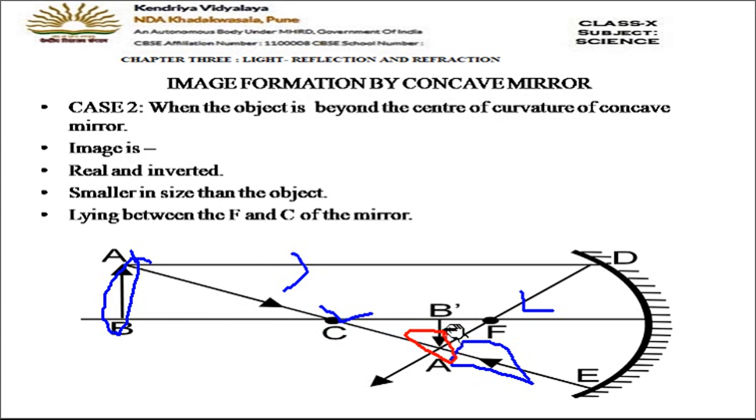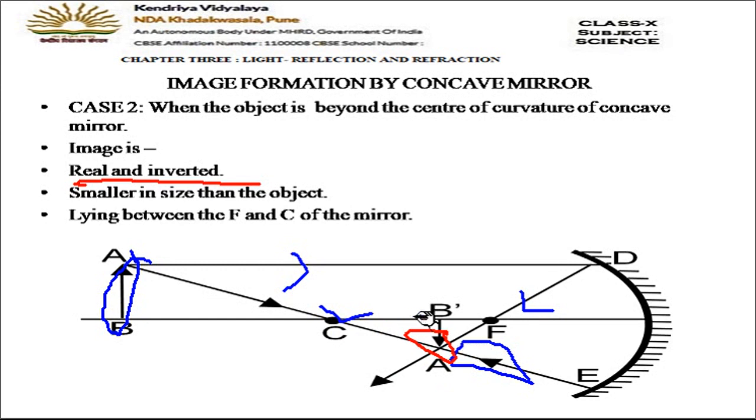Okay, inverted, and the rays are actually meeting. So what is the condition? That the image formed is always real and inverted. Okay, real and inverted. Fine, this is one condition. Why real? Because rays are actually meeting. Why inverted? Because you can see here that the image is formed below the principal axis, and below the principal axis the sign convention is negative, so it is inverted.